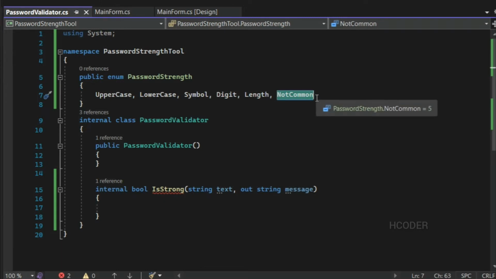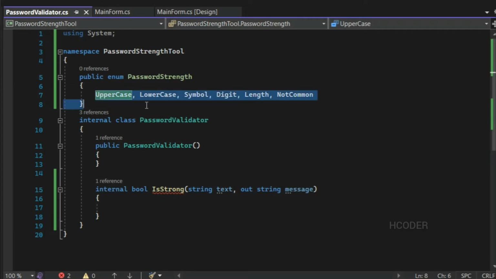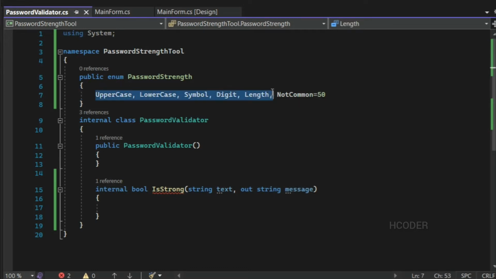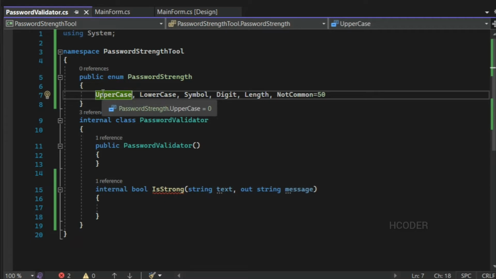That shouldn't be in any common list, and we are going to give another equivalent for these other five components. Say we have a score of 100, we will give "not common" 50, so that we know it's weighted more important, and we divide the other 50 among these five constraints like uppercase or lowercase. If we divide the 50 by 5, we get 10,